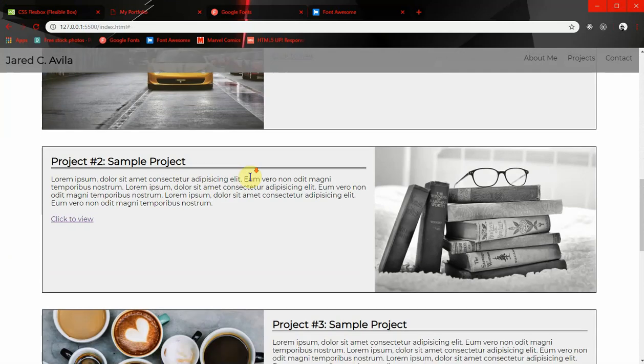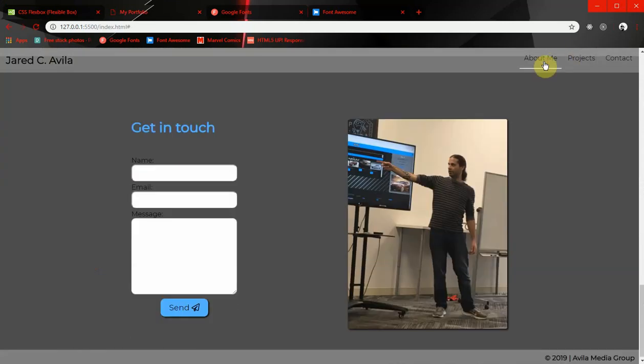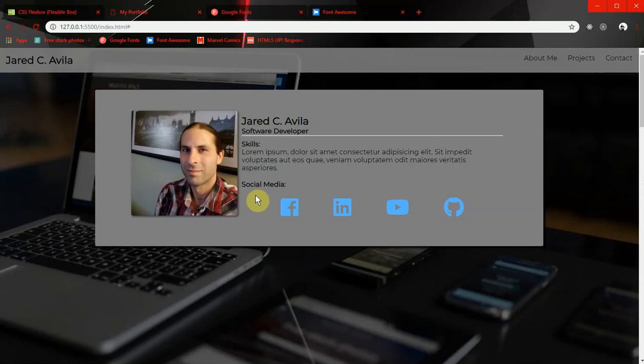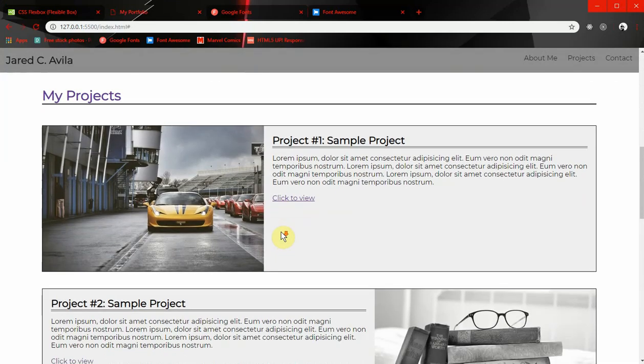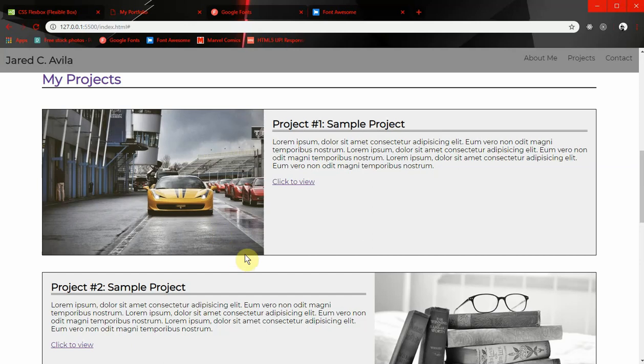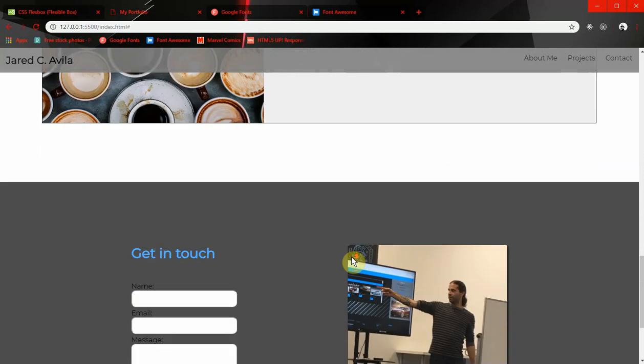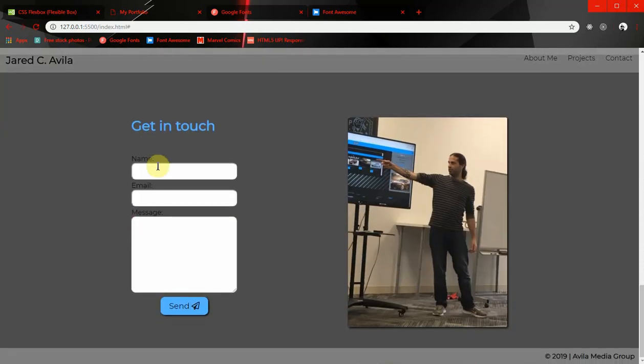You'll also notice that when you scroll, the navigation bar follows you down, so at any point you can go back up to the top. I've got links to social media. We've got a project section where you can load your own projects, and then a get in touch section, which